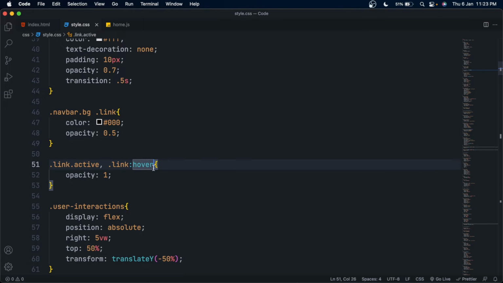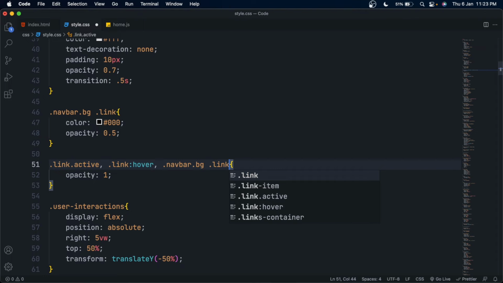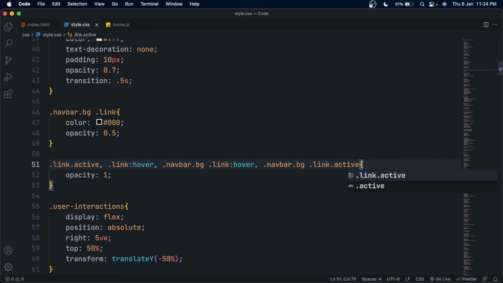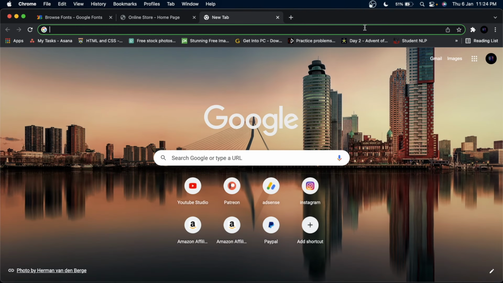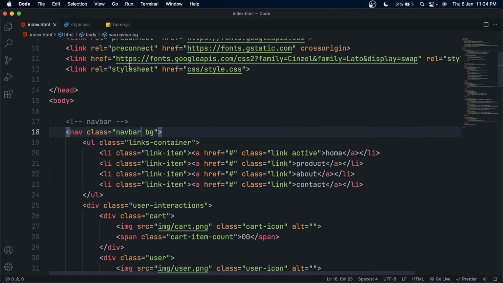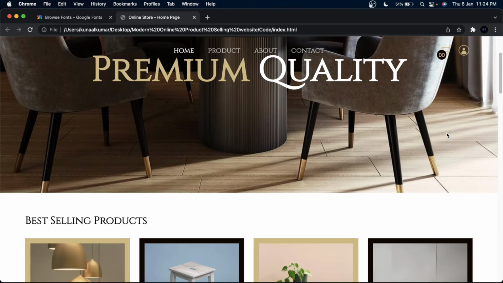But you can see I'm not able to get the hover effect. For that I have to add the hover effect separately. So add this using a comma separator, and we should see our hover effects now. And yes, we are getting our hover effect and active class. So yeah, now you can remove the bg from here, and if we scroll down to 270, we should see